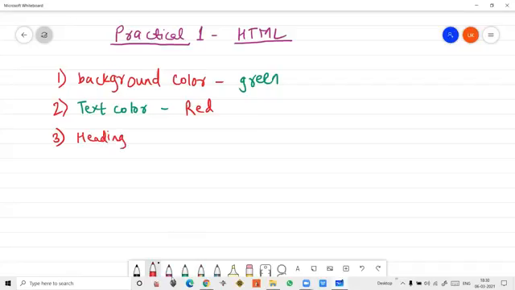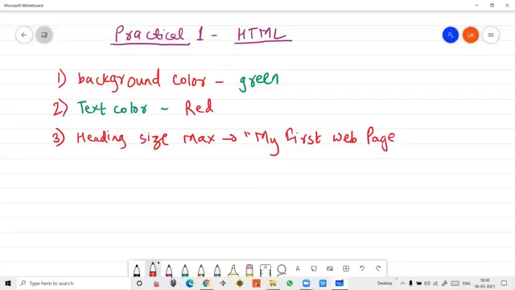There is a size of headings. 6 sizes are there, and the heading should be the largest size. H6 is the smallest and H1 is the largest, and heading size should be maximum. And we have to write what? My first web page. This we have to write.